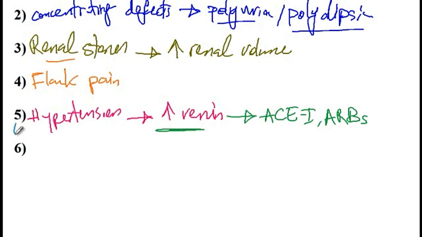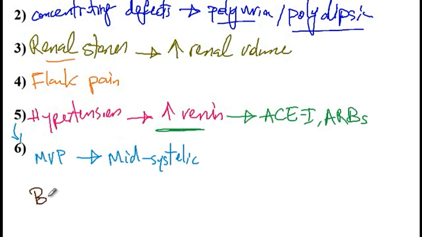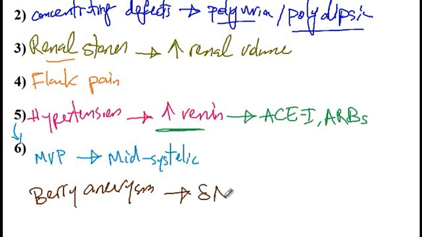Other complications that can arise from hypertension include mitral valve prolapse, which presents with a mid-systolic click and a crescendo murmur. And then there is also increased risk of berry aneurysm from hypertension in these patients, which causes subarachnoid hemorrhage, and these patients complain of the worst headache